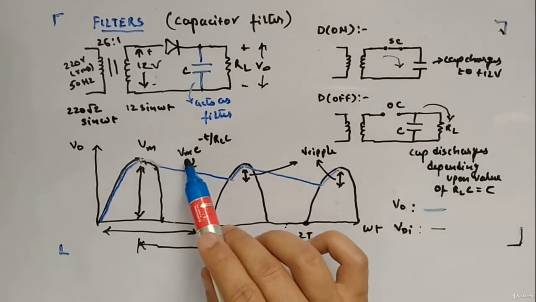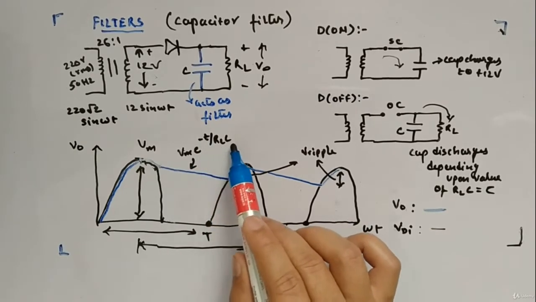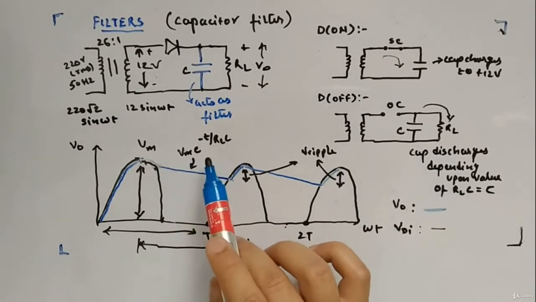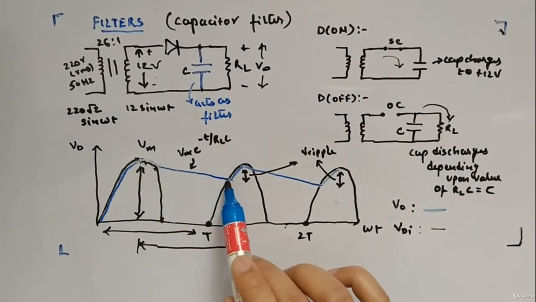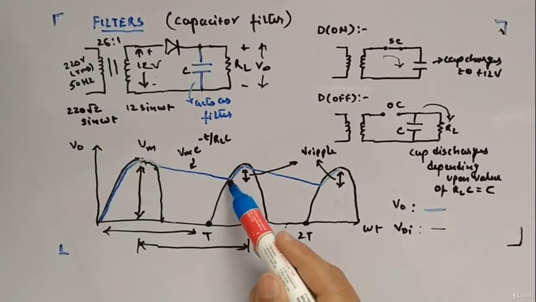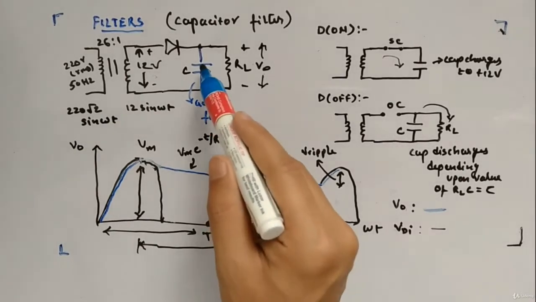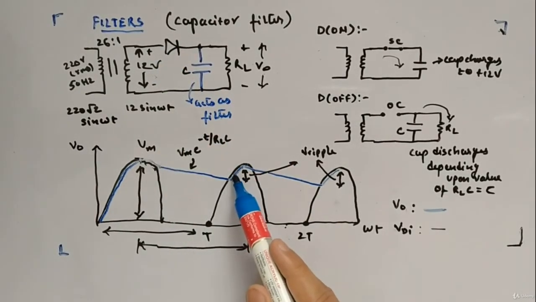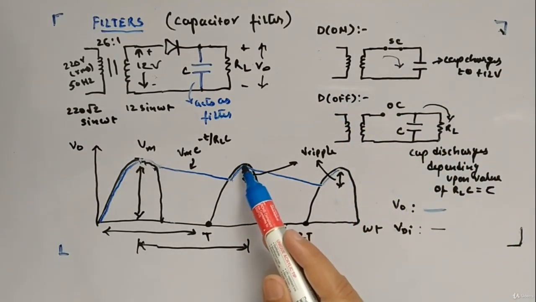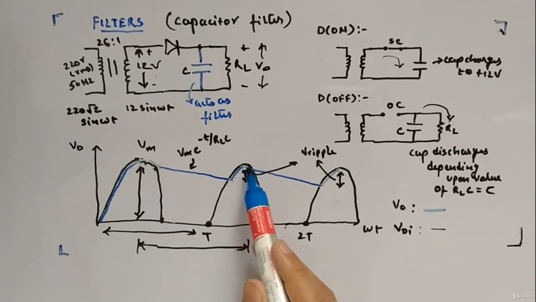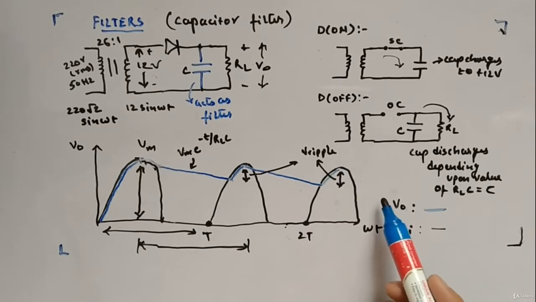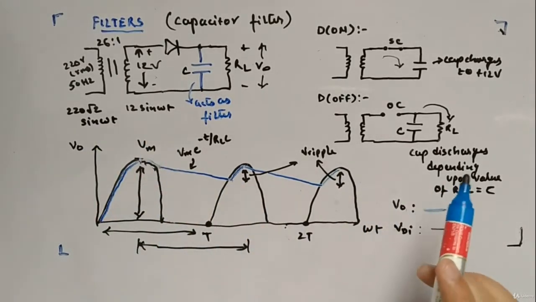And the value will be Vm e to the power minus t divided by RLC. This is the RC circuit, so this is the discharging equation. As soon as the input comes again in the next half cycle and reaches above the capacitor value, the diode will again be on, and the same phenomenon will take place. It will charge to the maximum value Vm, then discharge in the next half cycle, and then charge, discharge. I hope you got the feel of the circuit.